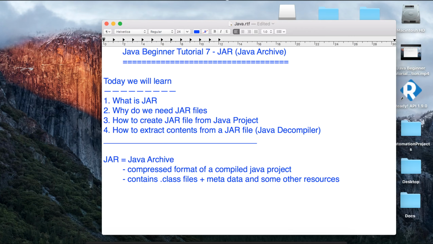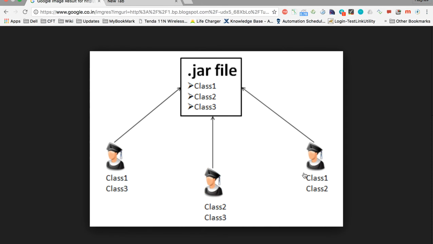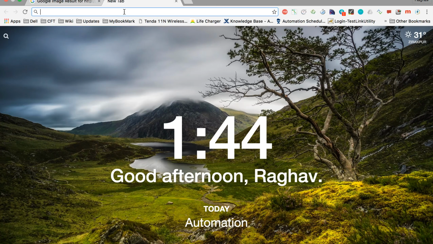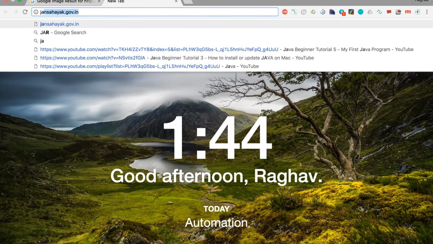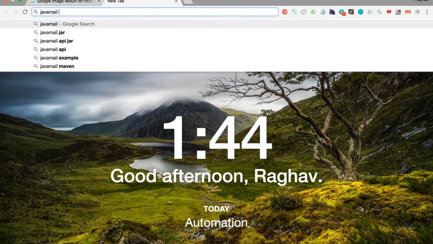Okay, and now why do we exactly need the jar files? So jar files are used to distribute Java code, or you can say the Java libraries, for use by other projects. Okay, to understand this, let us go to a Java mail jar.